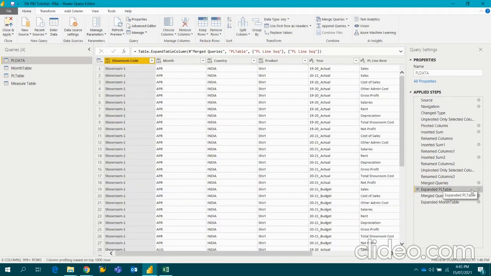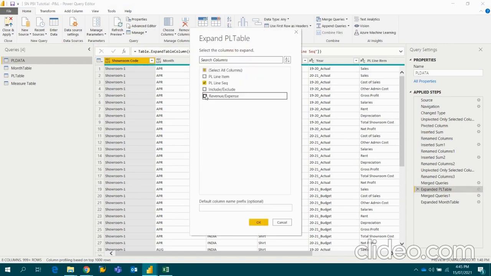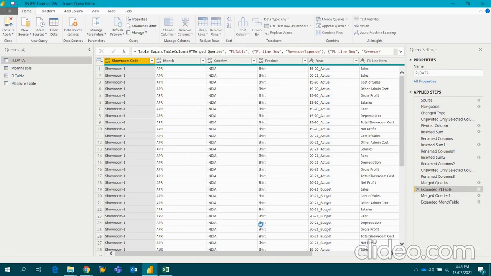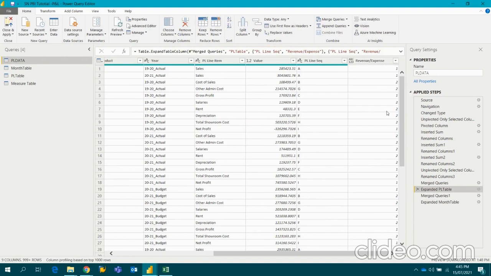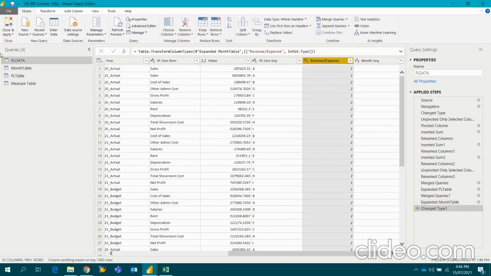I'll come on this particular tab. I'll bring the other column as well. Now here you can see this particular column. I'll change the nature of this particular column into whole number. I'll click on close and apply.